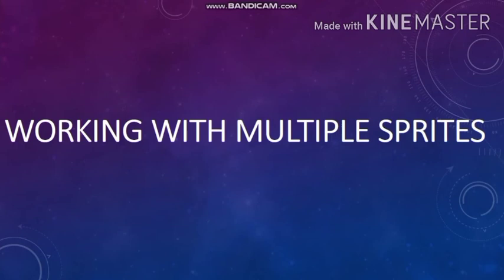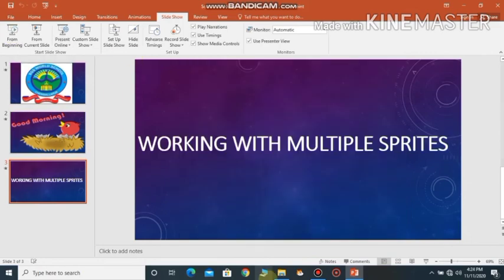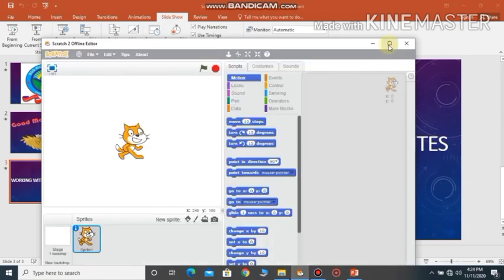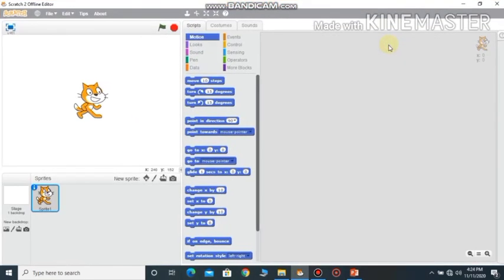So I'll come out from the screen. Here I'll open the Scratch window. So this is our Scratch application, right? Hope you all can see my screen. So this is the sprite. Can you remember what is a sprite, children? Sprite is an object which performs action according to the instructions given by you. And this blank space is called the stage. The stage is the place where the sprites perform action. Hope you can remember this.